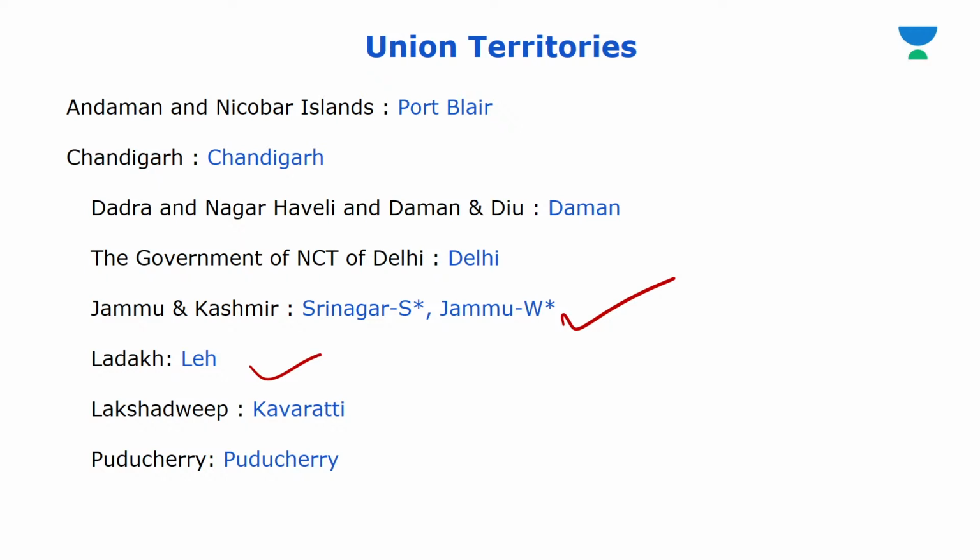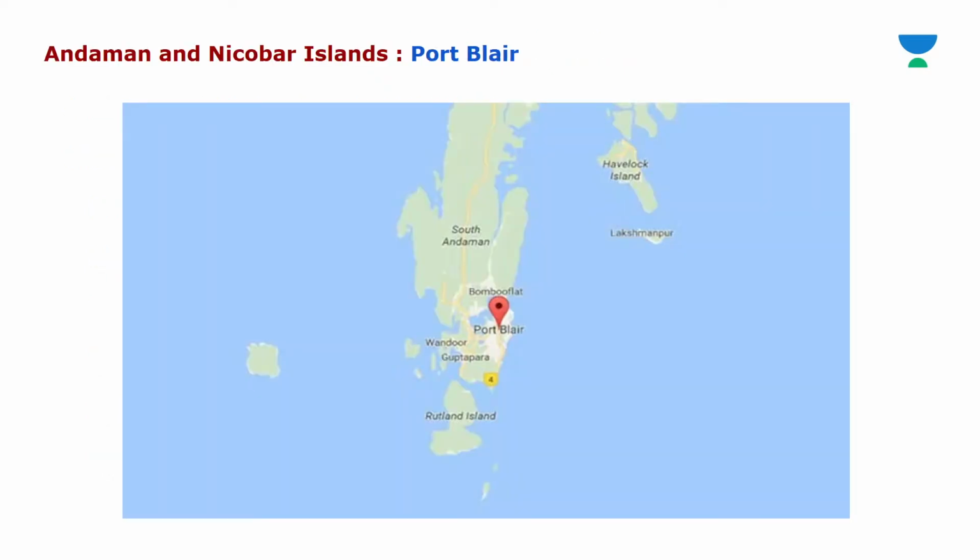Again in 2020, Dadra Nagar Haveli and Daman and Diu were merged into a single union territory known as Dadra and Nagar Haveli and Daman and Diu. तो दोस्तों ये कुछ चेंजेस पिछले कुछ वर्षों में किए गए हैं। नाउ वन बाय वन विल सी द यूनियन टेरिटरीज। अंडमान एंड निकोबार आइलैंड्स, द कैपिटल इज पोर्ट ब्लेयर।